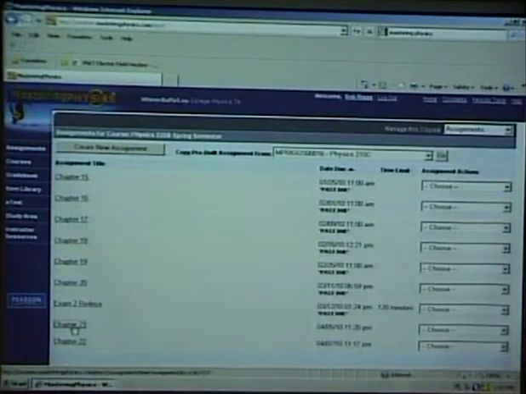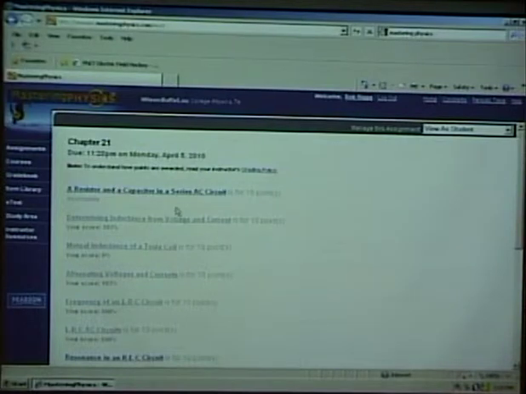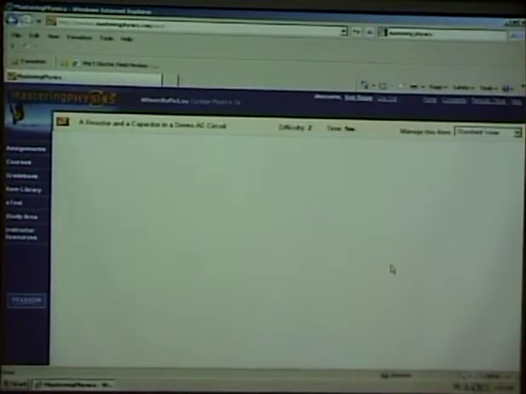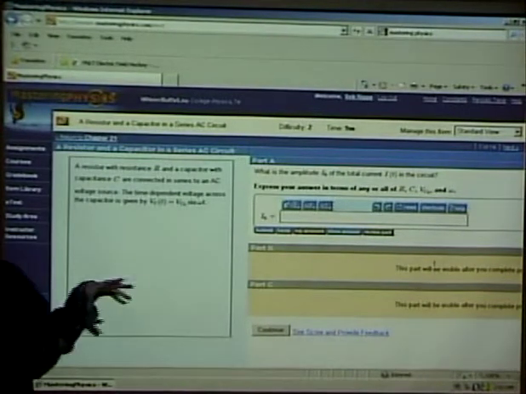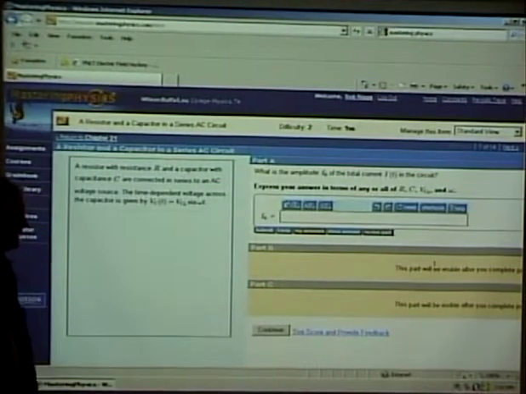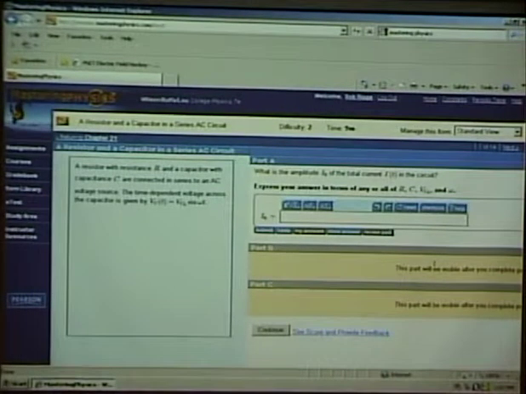And let's go to chapter 21. I haven't looked at chapter 22, but a resistor in an RLC circuit. This one's not bad. This one's okay. You just got to kind of mess with it a little bit. But if you use the hints, it'll be all right, okay? Yeah, that one wasn't bad. But this next one,